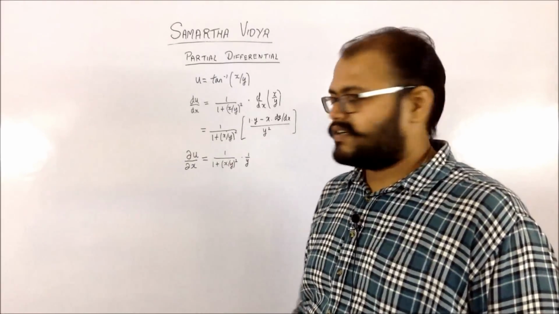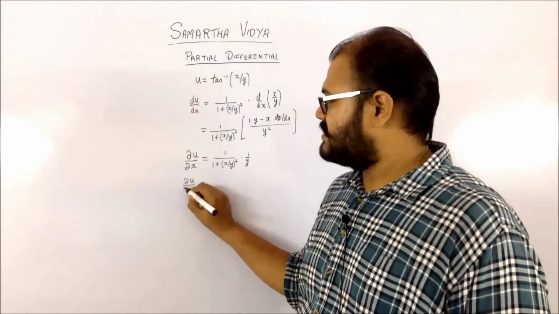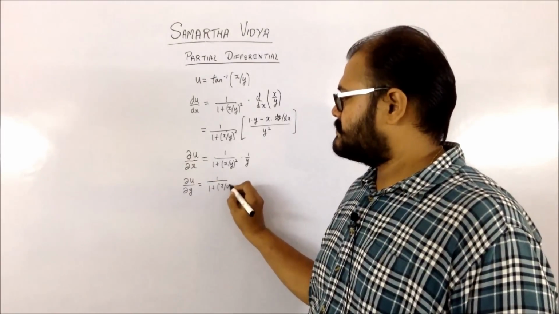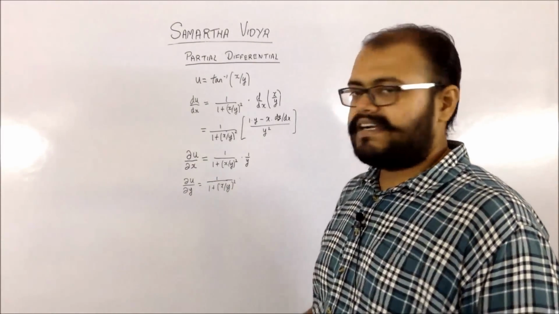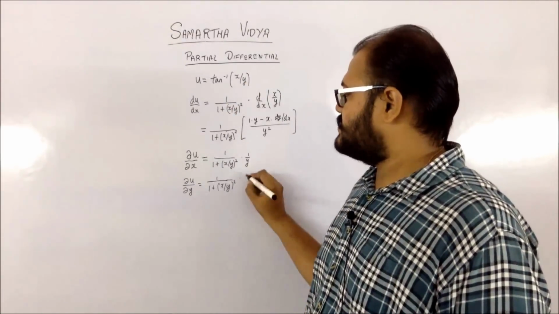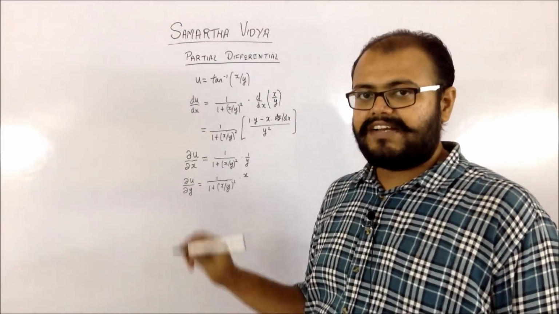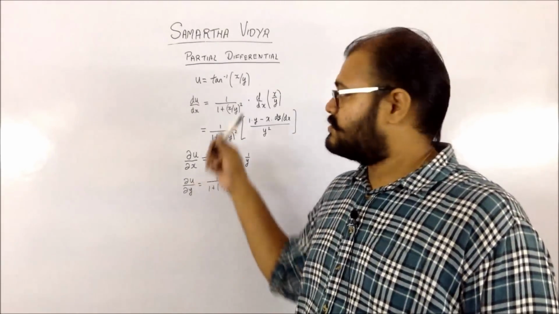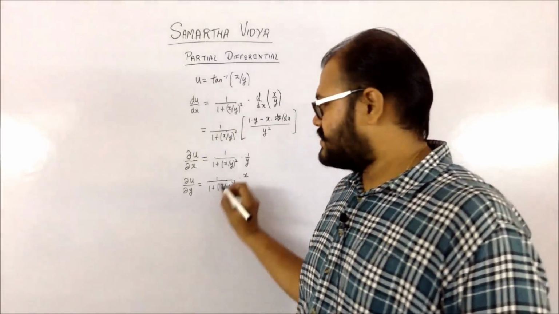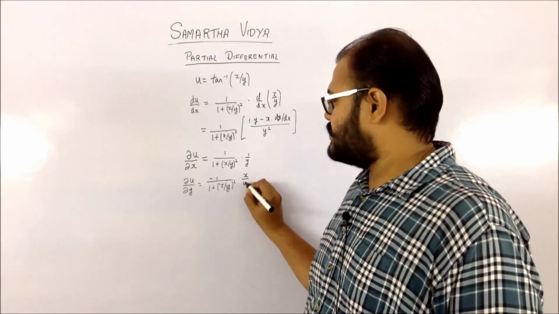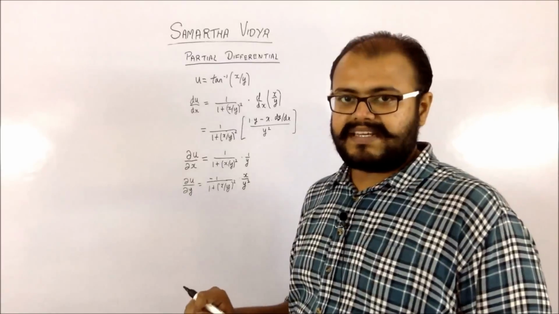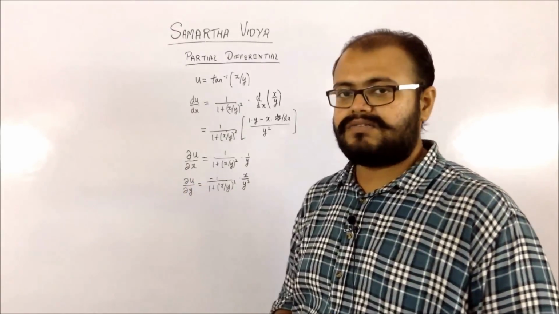If you want it with respect to y, so the changes will be, the first part remains the same, into the derivative part of your x by y. So in that case your x is constant and you are taking with respect to y, so your 1 by y will be considered as a function, and you know that 1 by y derivative is minus 1 by y square. So this is what the value will be getting for your u with respect to y partially.